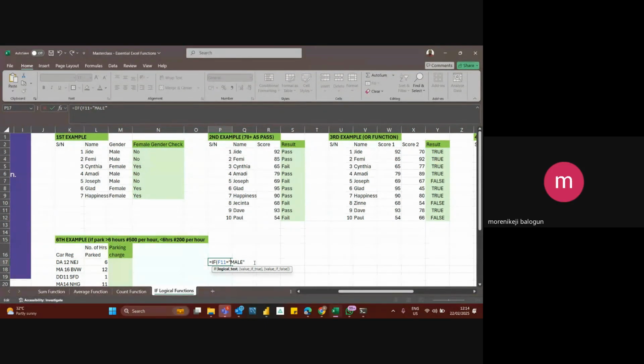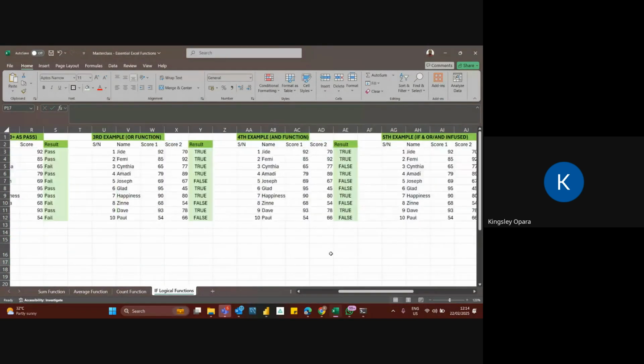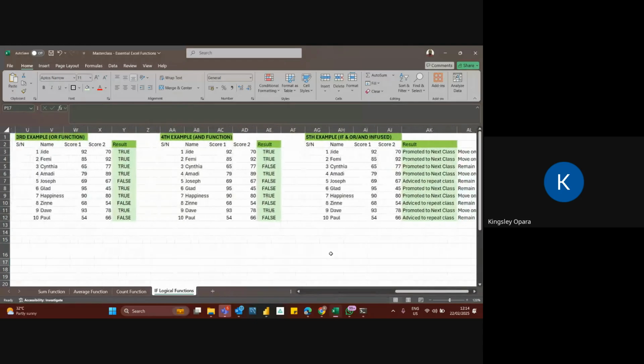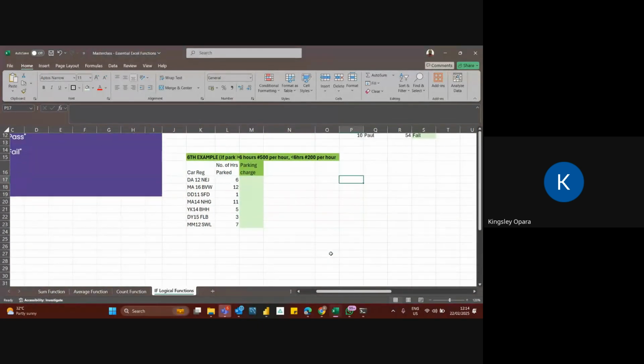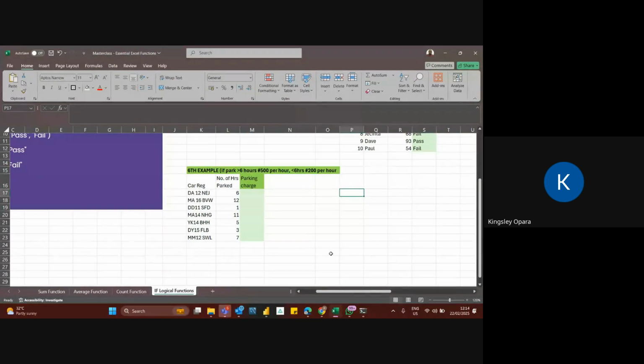Okay, sir. Is that the difference? Okay, so once you do this, you should get the right answer. Now, there's one question I would have expected someone to ask me, but I've not got that question yet. And if I don't get the question, I will throw it up to everybody, and I'll tell you why it is like that. So, any other question before we move on to the 6th example? Any other question? In the case of any other question, I'll move on because of our time.